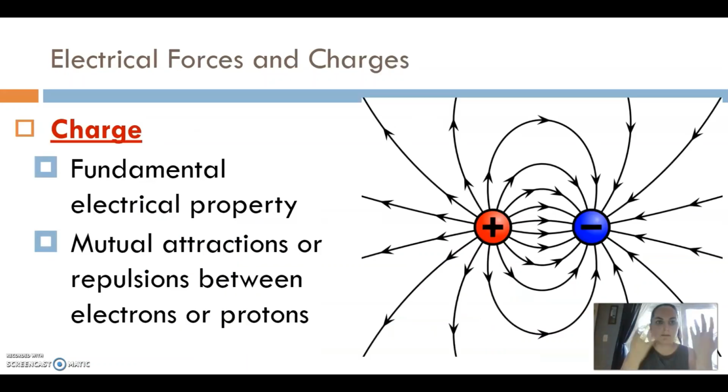With this fundamental idea of electric charges, if you have something that is electrically charged, there's going to be an electric field around it. That might be kind of weird to think about, but positive charges are kind of sending out this signal, and negative charges are kind of accepting that. Positive charges and negative charges are going to attract because they're opposites. So there's a force of attraction between positive and negative charges, and there's this mutual action between repulsion and attraction. Again, this just comes from the electrical force.